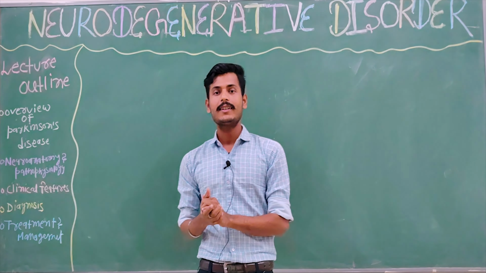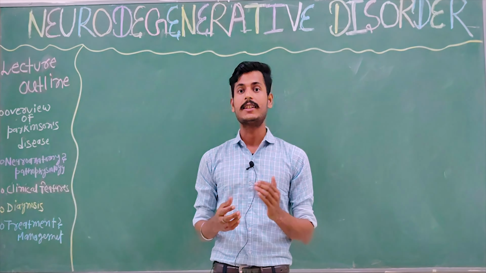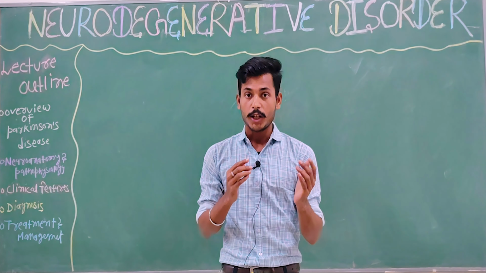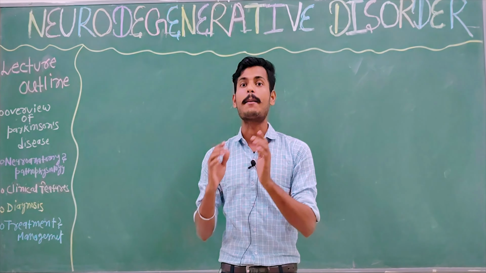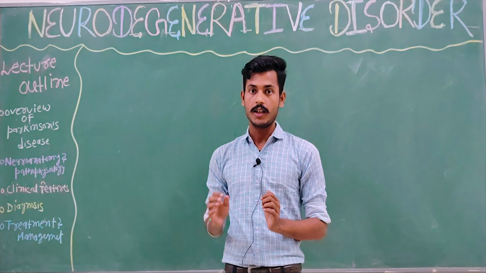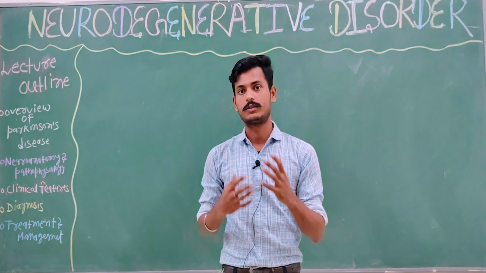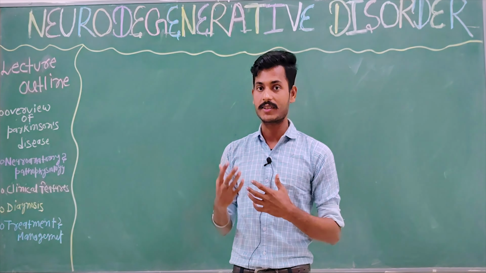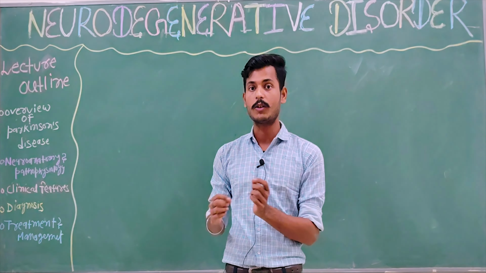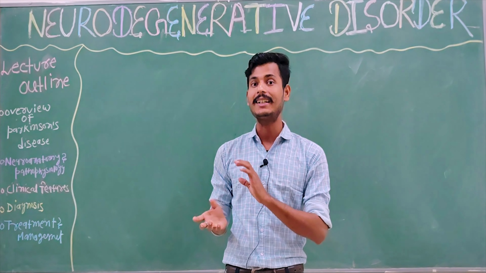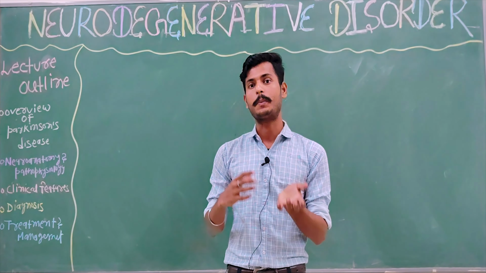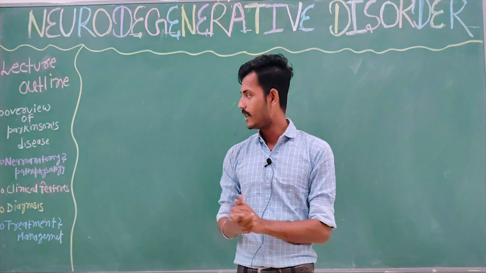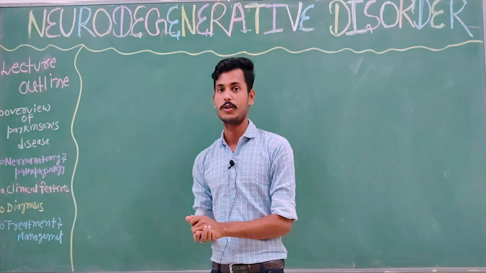It's important to first understand the normal function, because once you understand the normal function, you can easily identify the abnormal function. If you know the mechanism, how our body is functioning at the cellular level, then if there is any deformity or malfunction, we can correct it with an appropriate drug or surgery. So we will see first the neuroanatomy, and then we will discuss the pathophysiology of Parkinson's